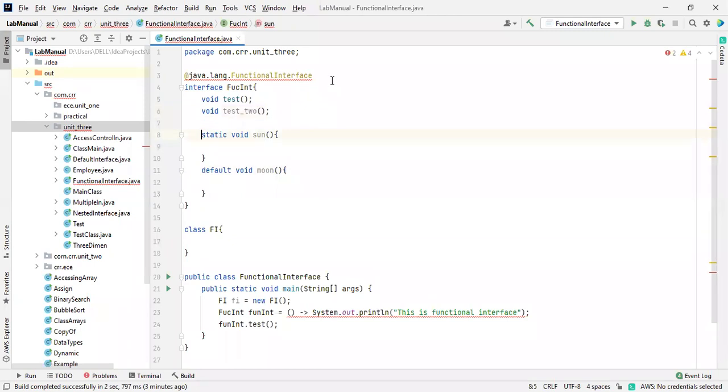But it is essential to mention @FunctionalInterface before the interface if you are going to use a functional interface. If you mention it over here, it throws an error. That's why it is essential. So what is the main concept of a functional interface? That it consists of only one abstract method.